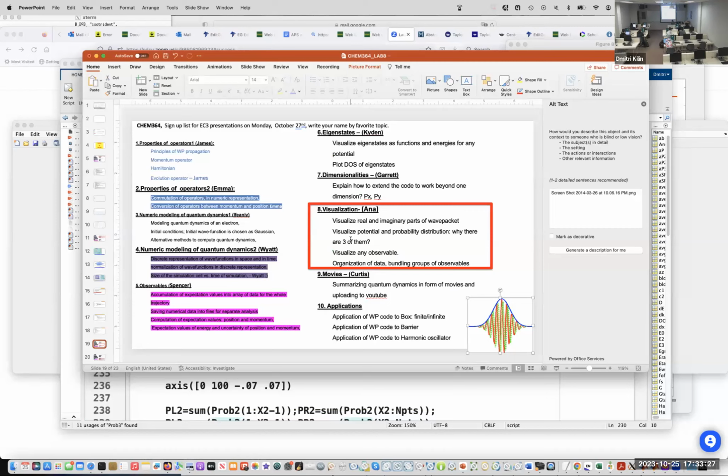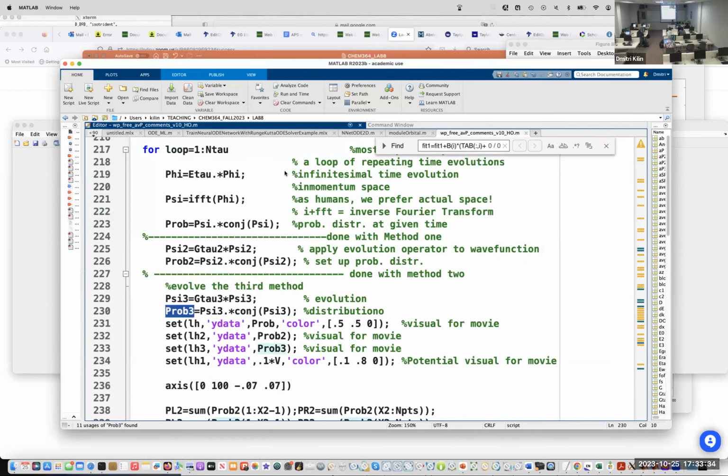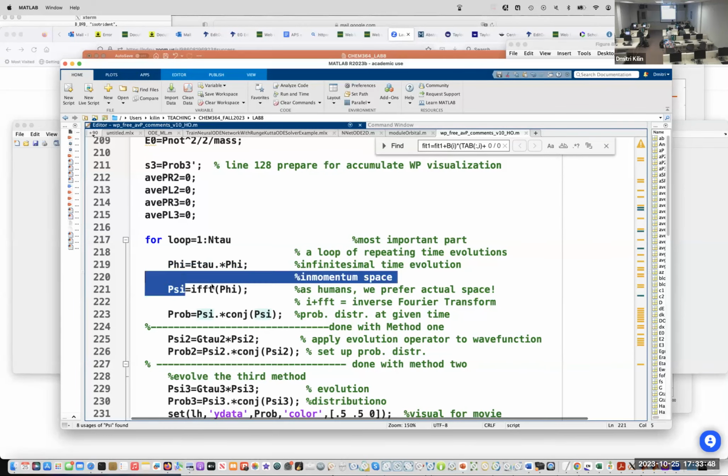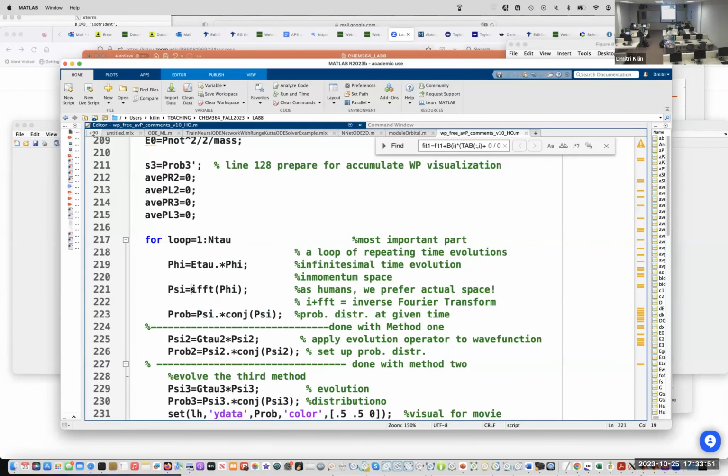Why are there three of them? Well, because we have method 2, method 3, and there is one more method that I suggest we skip because it's important only for free space. It is propagation in momentum space. This E, tau, and phi is the wave function in momentum space, and in order to plot it, it is converted by inverse Fourier transform from momentum space to position space.